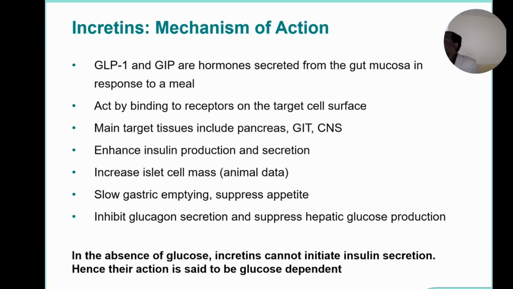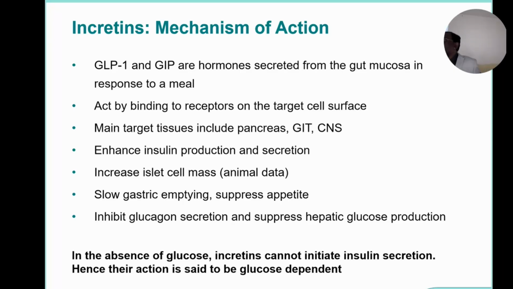Suppose you are using pioglitazone. Where do they act? Pioglitazone, again the same as metformin. Muscle, adipose tissue and the liver. The difference is, metformin acts more on the liver, less on the muscle and adipose tissue. Pioglitazone acts more on the muscle and adipose tissue and then the liver. Okay. Now incretins. So in such a way, how many ways do they act? Am I clear? Tell me. So 3 ways. Okay, GIT,